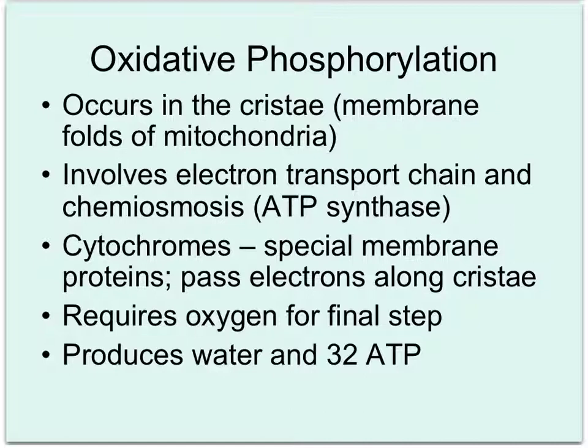Now, once we've gone through all the Krebs cycle, what happens is something called oxidative phosphorylation. And the key phrase there is this phospho part. When you change ADP into ATP,